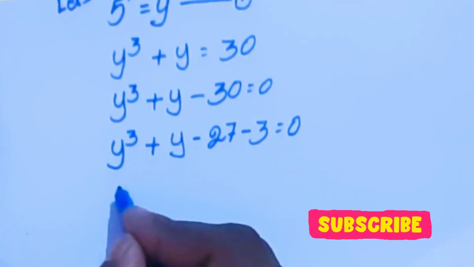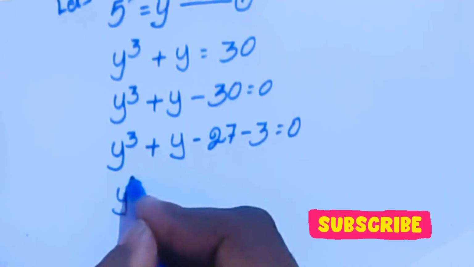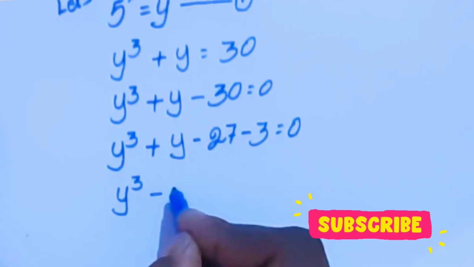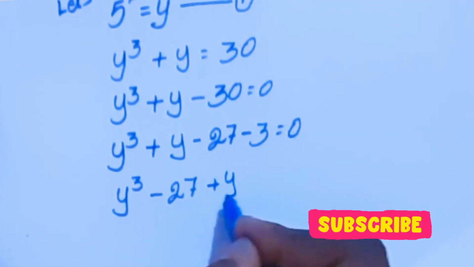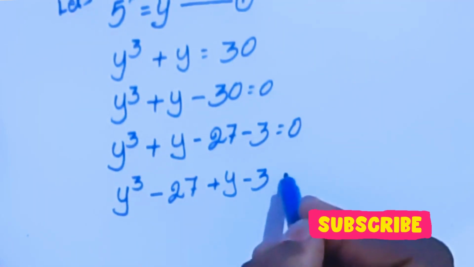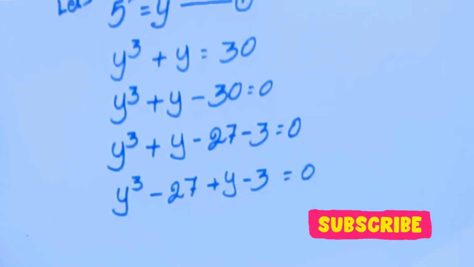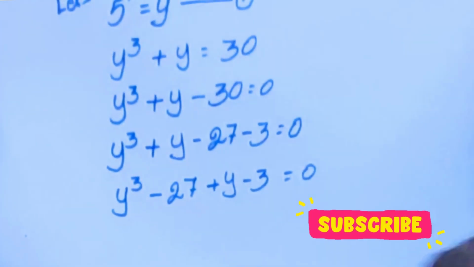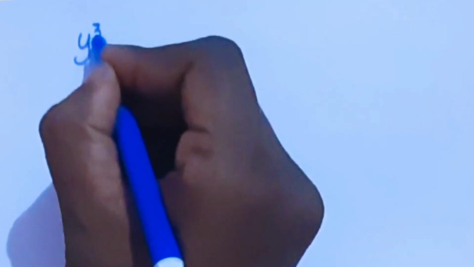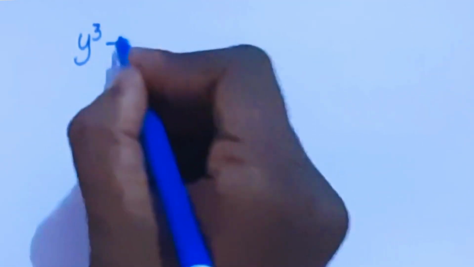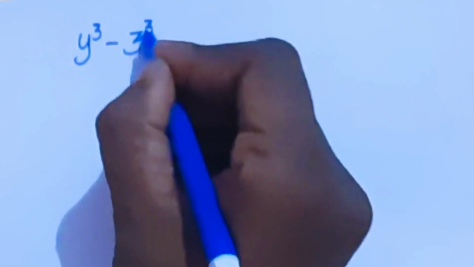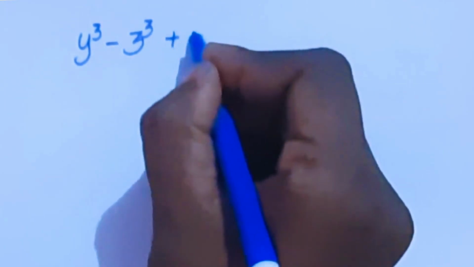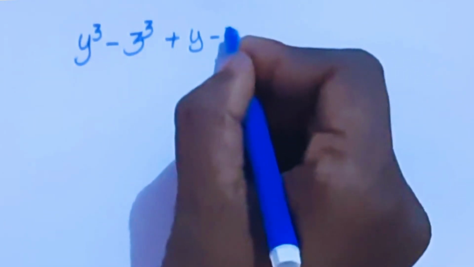Now y power 3 minus 27 plus y minus 3 equal to 0. Now y power 3 minus 27 can be written as 3 power 3 plus y minus 3